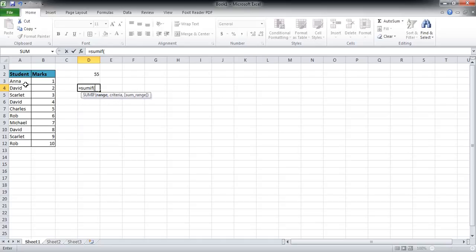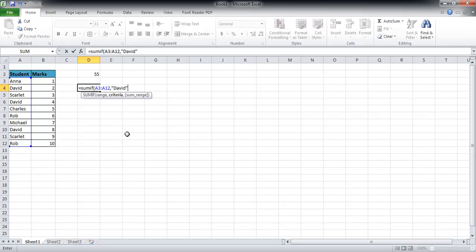So in this case I'm going to select the A3 to A12 range, the range on which the criteria needs to be applied, and then a comma.